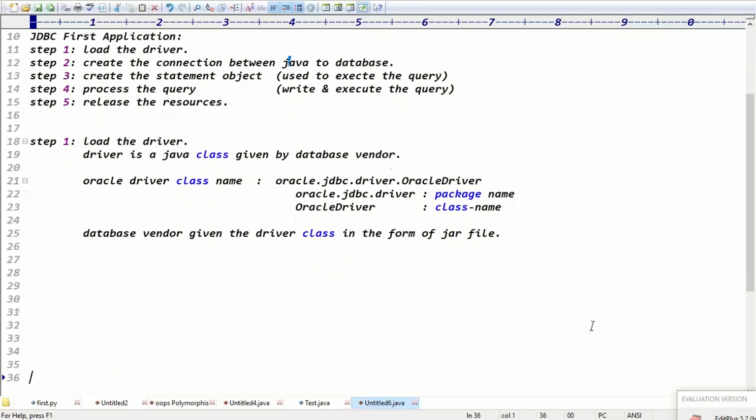A jar file contains a group of dot class files, and in those class files the OracleDriver class file is also there.